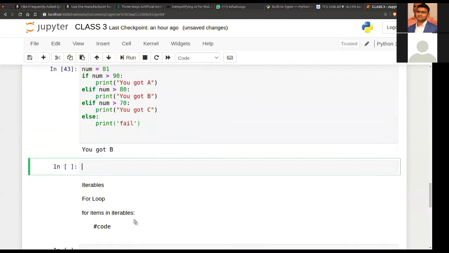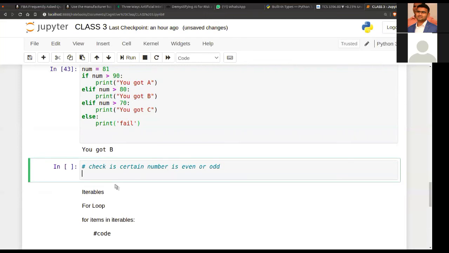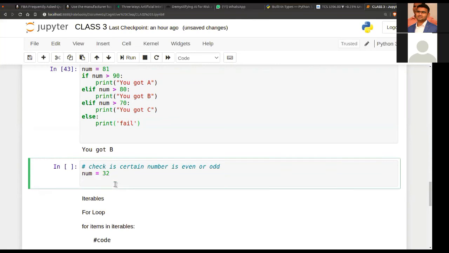So another example I want to check is whether a certain number is even or odd, right? It is a basic program. So suppose I have a number, let's say 32. So if number, we have learned about the modulo operator. If its remainder equals 0, we have learned that it will be even. So print